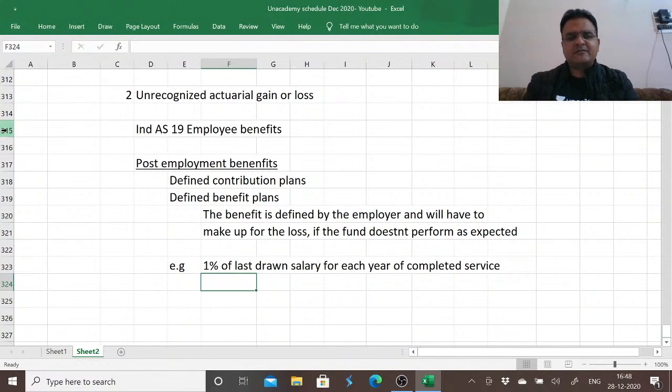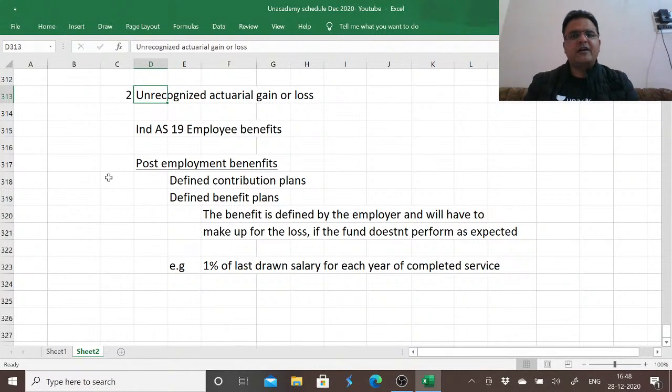But in spite of this fact, when we demand the fair value of asset and liability from the actuary, it differs from what we recorded. So this difference which we could not record, which remained unrecorded, is known as unrecognized actuarial gain and loss. That despite being good accountants, being principally sound in the knowledge of accounting, we could not account the difference between the opening balance of plan assets and plan liabilities, the accounting we have done throughout the year, and when we demanded the fair value of plan assets and plan liabilities at the end of the year, there is some difference.